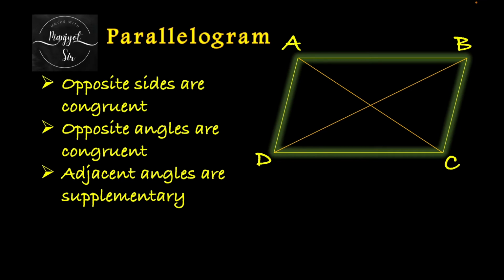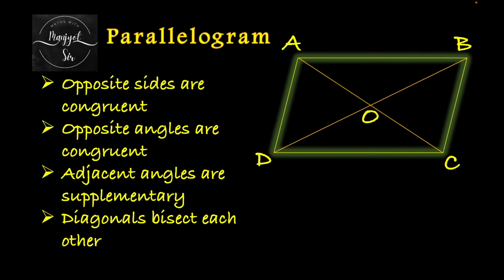Similarly, there are four pairs of adjacent angles. We can pick any other pair also. If I pick C, so C ka baju wala is B. So B plus C will be equal to 180. Similarly, if you again pick C, C ka baju wala is also D. So C and D will come out to be 180 degrees. So that's what the property is. Adjacent angles of a parallelogram are supplementary.